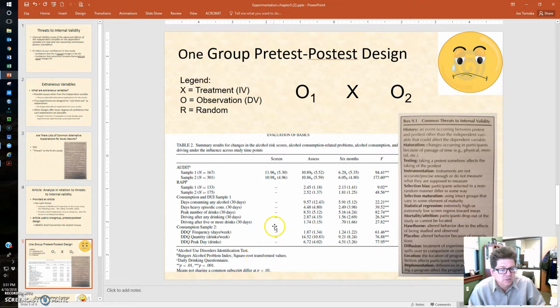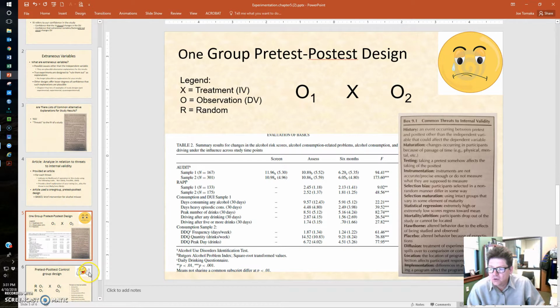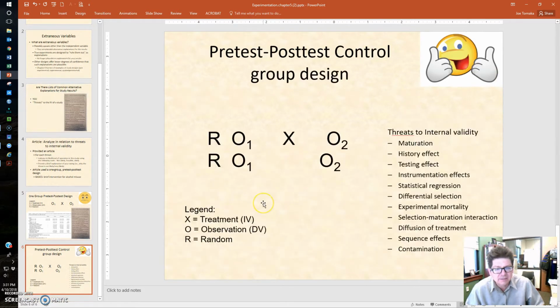Okay, I've got 15 seconds. Real quick, I'm going to finish up here, and then I can answer questions if you post them. Just know that, again, I said this is not a very strong design for this. The next assignment, next week's assignment, is a stronger design where I ask you to do